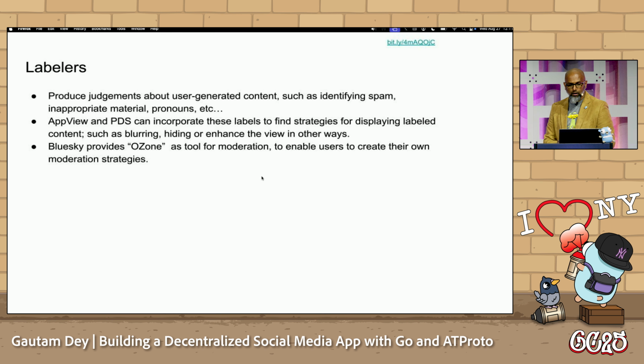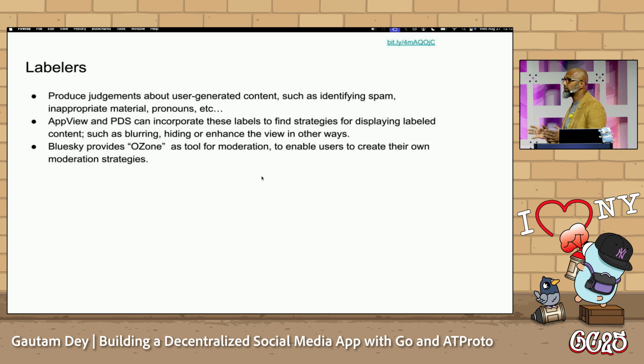All right. Really quickly touch on labelers. The whole point of labelers is part of Blue Sky's moderation. This is more specific to Blue Sky, and they listen in on the Firehose, and then they will make judgments about the content that's coming through, and then write objects, labels, into their own PDS about that thing. So then you can subscribe to a labeler, and that will then inform the view how it should treat that content, whether it should blur it, should it block it, hide it, make it pop up, etc.